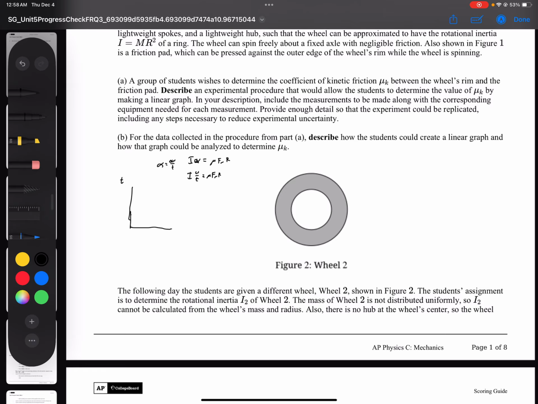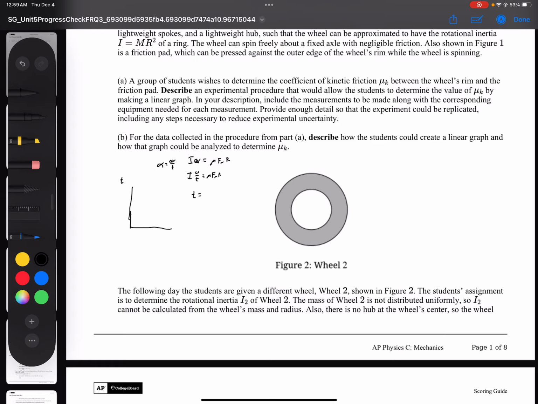And we want to try to get mu from this, so we want mu to be the slope, right? So somehow mu it's either going to be 1 over mu or mu. But let's write out our expression. So I want t to be my dependent variable. T depends on the independent. Okay, and our independent variable is going to be normal force. So we're going to apply the brakes with varying amounts of force, right? So we're going to have a force sensor. We're going to apply with varying amounts of force. So basically, I'm going to write it as a function in terms of t. So t is going to equal,